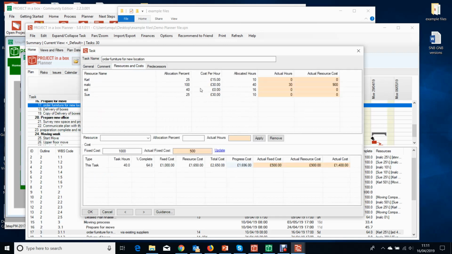And in resources and costs, you'll see we did have some people allocated in here. Again, same sort of thing, cost model, allocated hours. And then you see some of these have got actual hours against them. So this is where I've selected this and said, well, actually, I've spent 30 hours of my budgeted 40 hours on this activity. So I can come in and we can do that for example, Sue. So Sue had 10 hours budgeted. We can say she spent 8 of them like that,